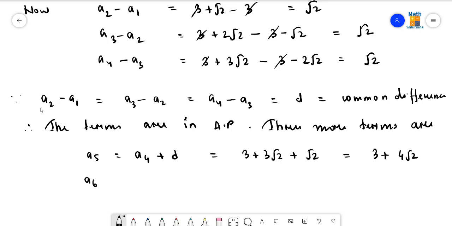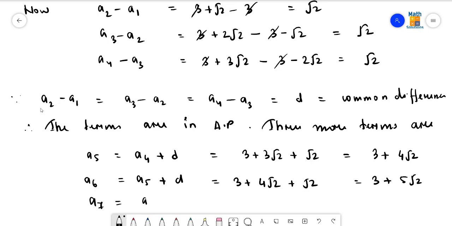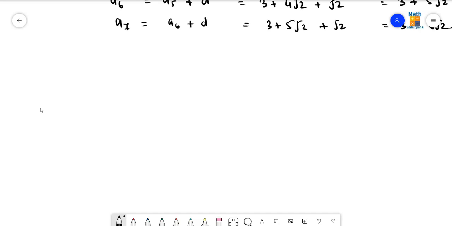Yes or no? A6 will be A5 plus d, and it will be 3 plus 4 root 2 plus root 2. It will be 3 plus 5 root 2. Similarly, A7 is equal to A6 plus d is equal to 3 plus 5 root 2 plus root 2. It will be 3 plus 6 root 2, and this is the answer. Then coming to the next question of this number,